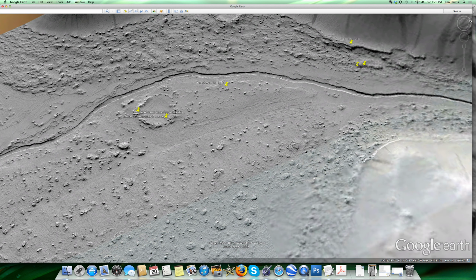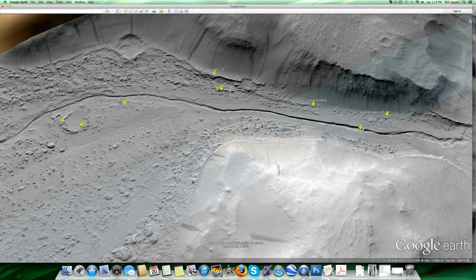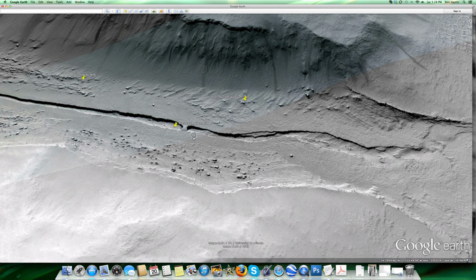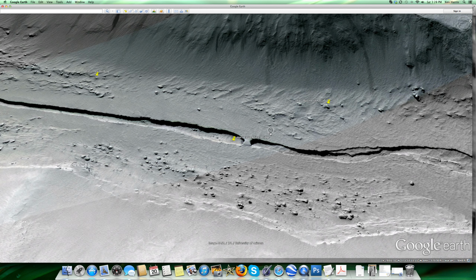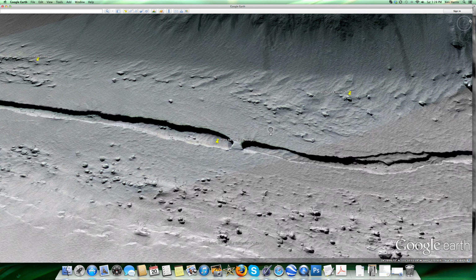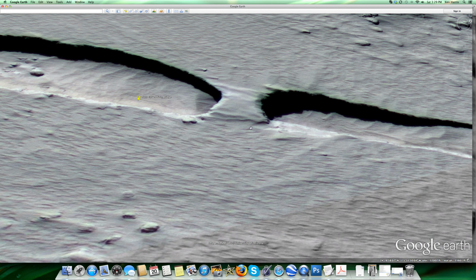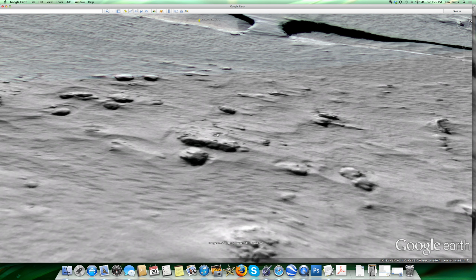A lot going on. If you want to go down this end, over here, there appears to be a bridge going across this little ravine. And as I was exploring the bridge, it looks like it's an artificial bridge that's been covered over with the sand. Oh, by the way, for the best viewing angle, go up here to your direction and put it to the 2:30, 3 o'clock position, or east, mostly east. That's where you're going to get the best viewing angle for a lot of these facilities. You can see these are all facilities here